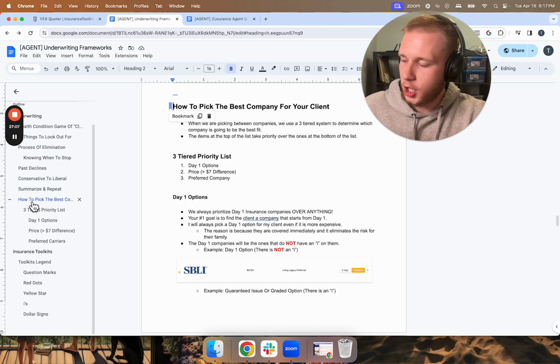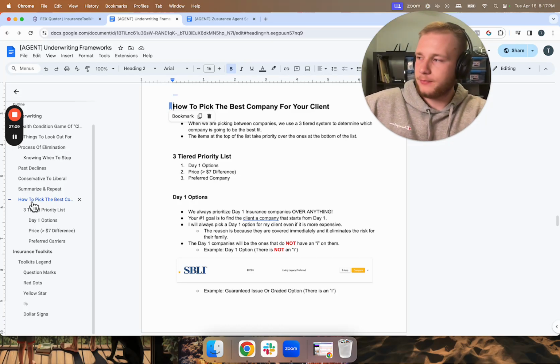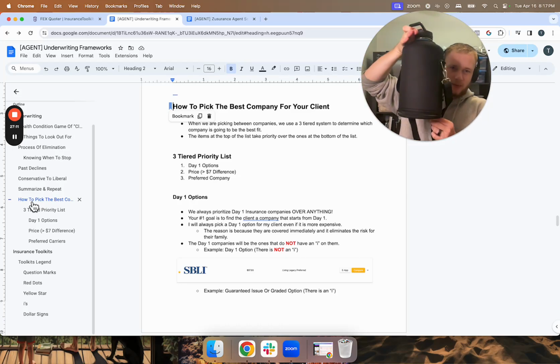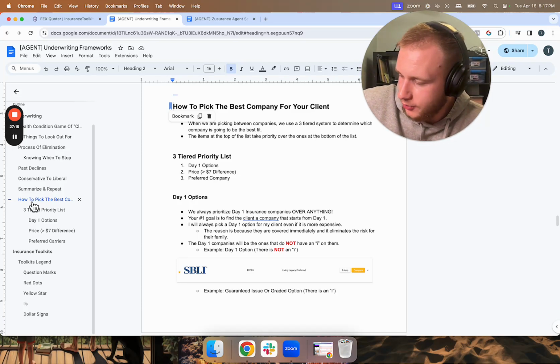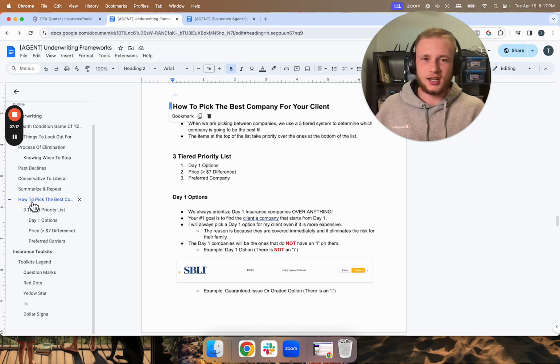Let me get a sip of my water. I bought this gallon jug the other day. I'll show you guys. It's comically big. So I never have to refill a water bottle ever. I just fill it up at the beginning of the day, and I've got all the water that I could